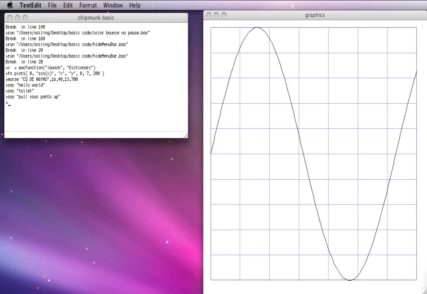So anyway, we've just shown you some of the cool stuff in BASIC. If you'd like to learn how to make programs like this, it's easy, and I'll tell you how. If you do a Google search on Chipmunk Basic, you'll quickly see you can download this programming environment for